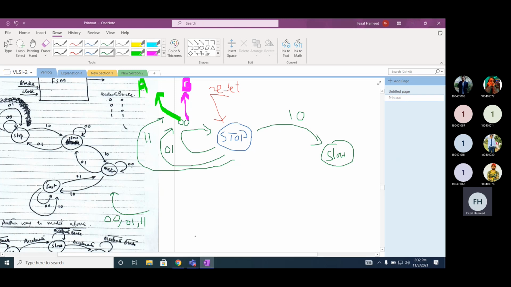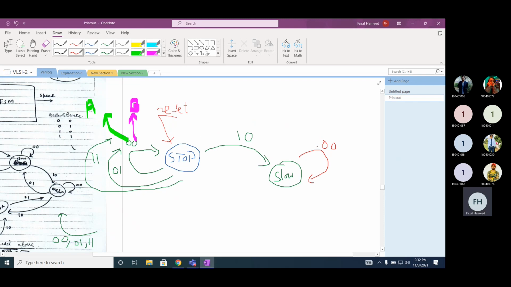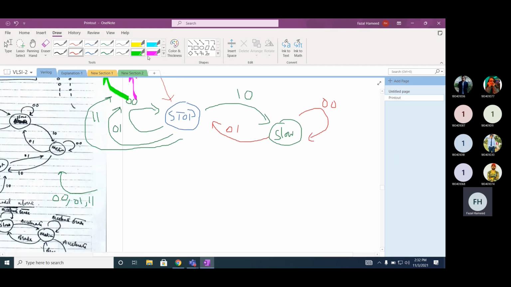Now let's assume the current state is slow. If the input is 0 0, it stays in the same state. 0 1, brake, you should go to the stop state. 1 0, it should go to another state, the medium state, and the system will make a transition from slow to medium.